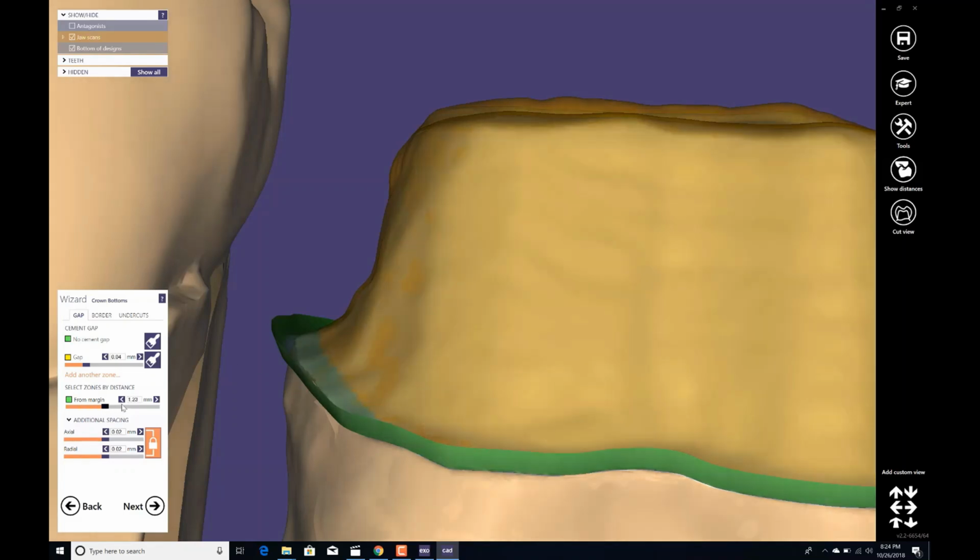I can bring it up, and if I have some spacing, the 0.02 is gonna be from here to here, and the cement gap is gonna be from here to here, the 0.04. So here is gonna be 0.07, all right, because we get 0.04 plus 0.02, and here is just 0.02, the additional spacing. All right,